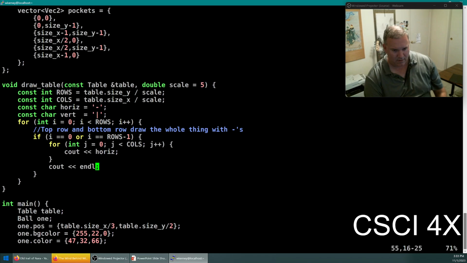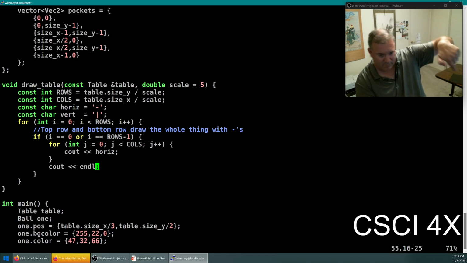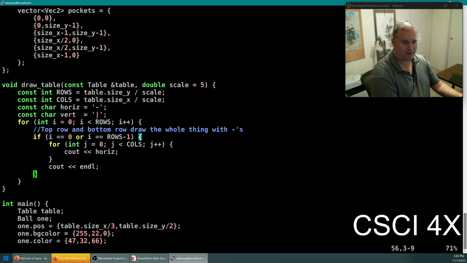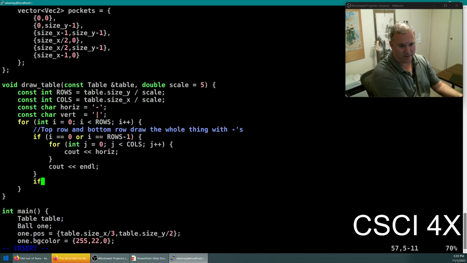So the top row, the bottom row, we draw all the horizontal lines, we go to the next. And then after that, we're just going to say, otherwise,